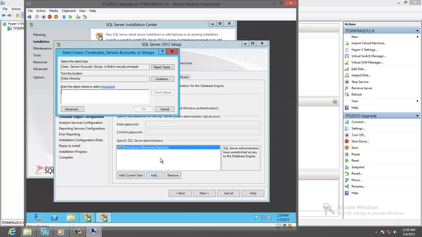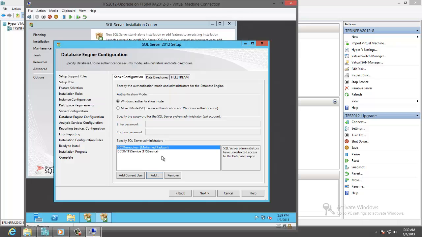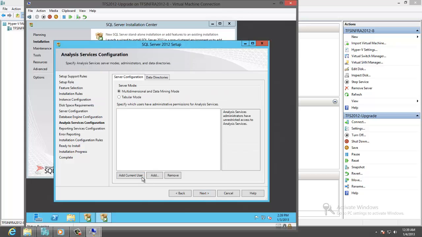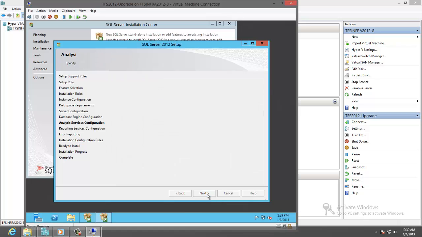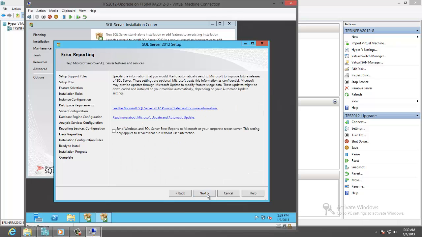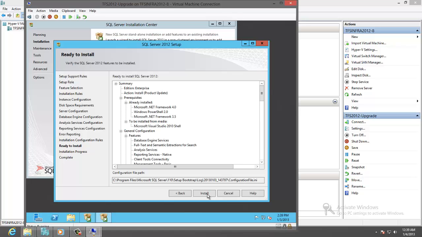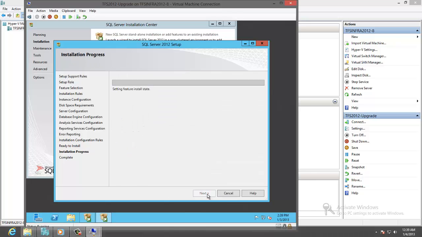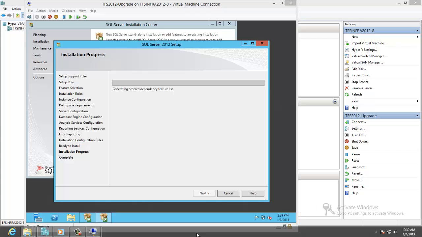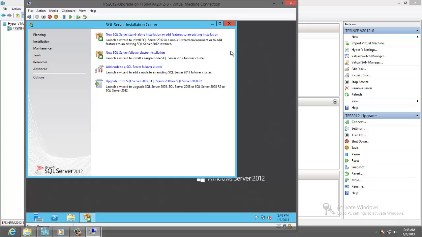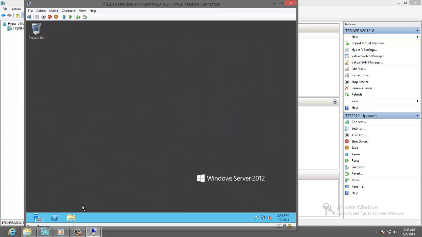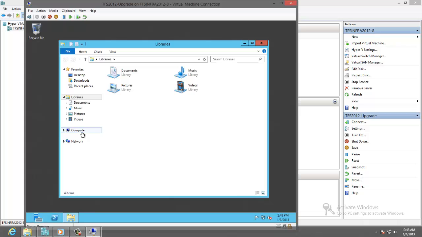I will add the current and TFS service, which is the service account used for TFS configuration. I will add also for the analysis service. Okay, so now the installation starts. Okay, installation now complete. We'll close this and start to